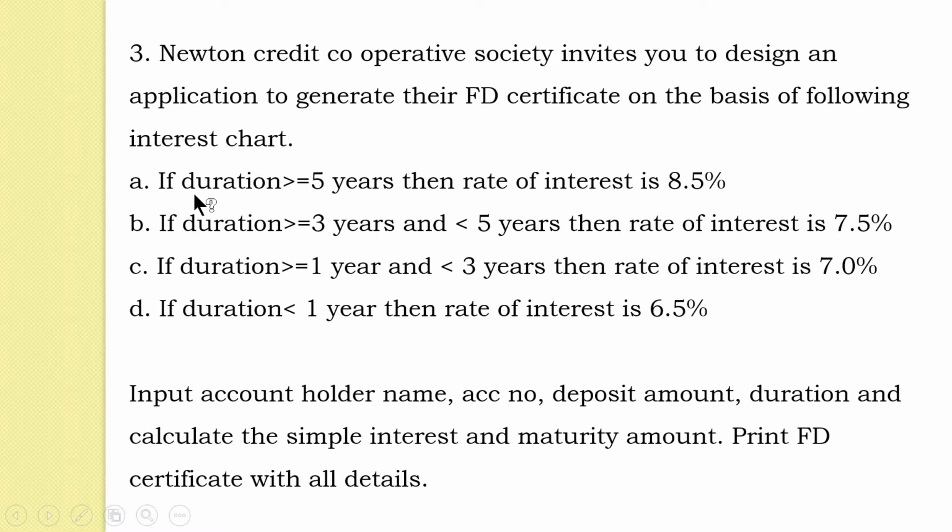Coming to the first condition, if duration is greater than or equal to 5 years, then the rate of interest will be 8.5%. If duration is greater than or equal to 3 years and lesser than 5 years, then the rate of interest will be 7.5%. If duration is greater than or equal to 1 year and lesser than 3 years, then the rate of interest will be 7%. And the last condition is this way: if duration is lesser than 1 year, then the rate of interest will be